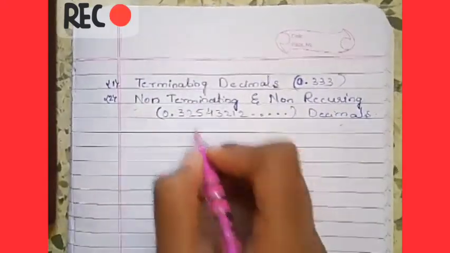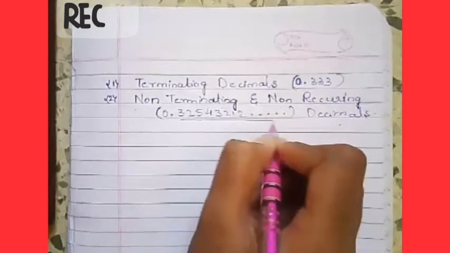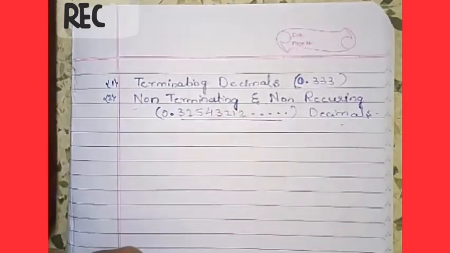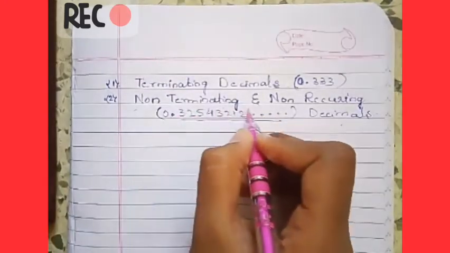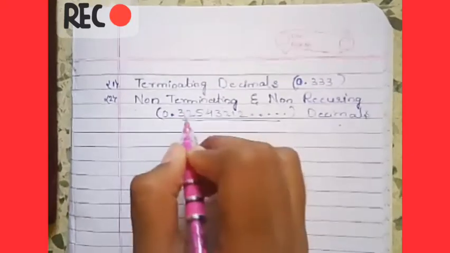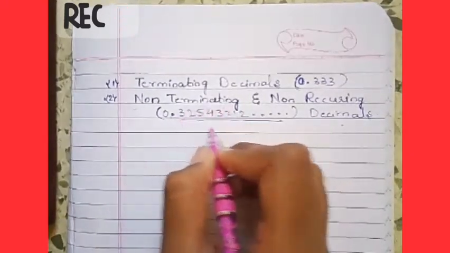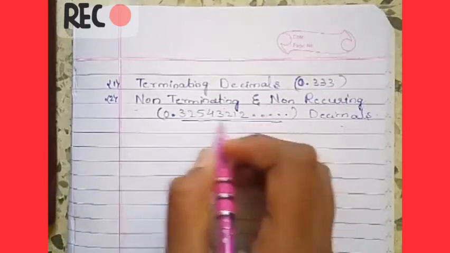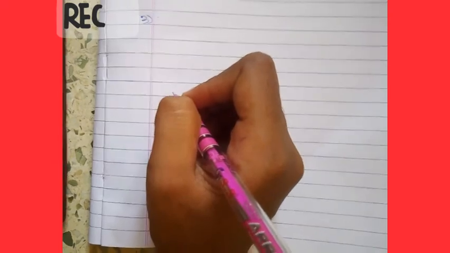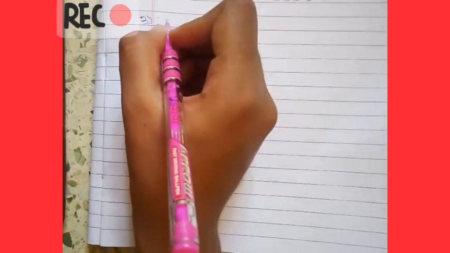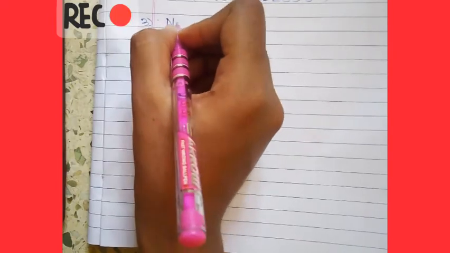So there are no finite numbers after the decimal point, there is no repetition of the numbers, and there is no pattern. And the third category is